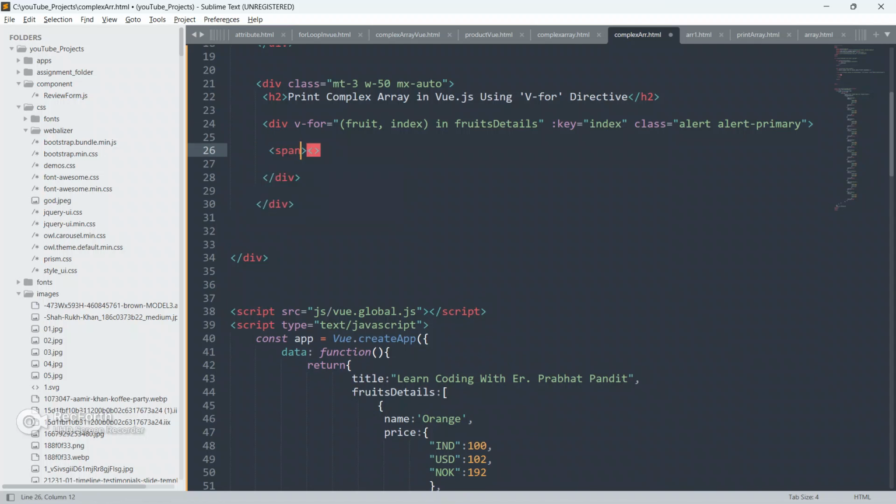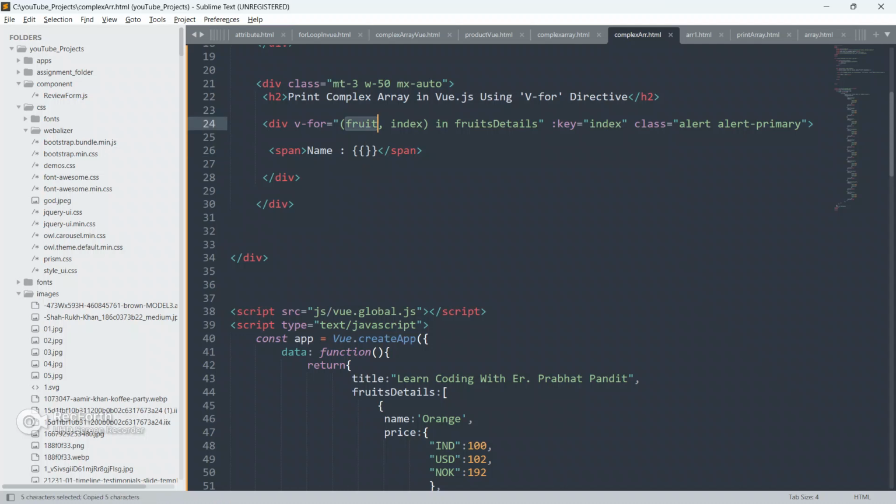Okay, so now what we will do, we will create below this div, inside this div, a span tag. So span, close this span now, and inside this span guys I'm gonna create name. Okay, and I'm gonna use double curly braces because I have explained guys, whatever variable we want to display in the web page, we have to put in double curly braces.